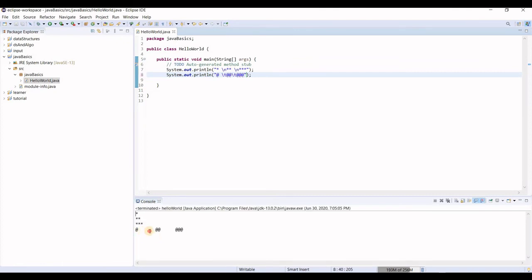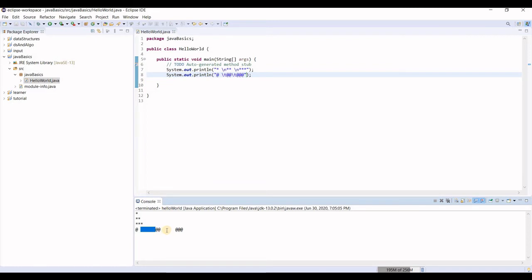It has given you the space of the tab over here. Alright, so here you can see how can you print the patterns without using the loop now and in a single line. \n and \t are going to help you in these. Later in the course, we will be printing these patterns with the loops.